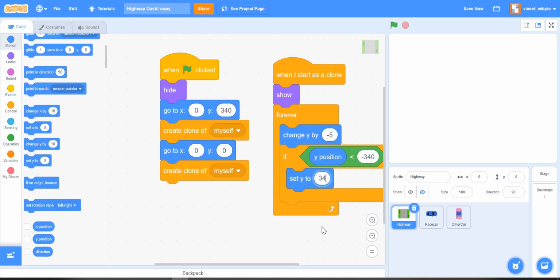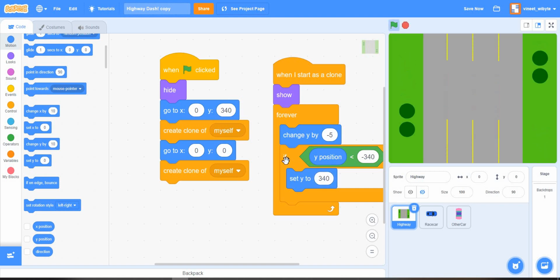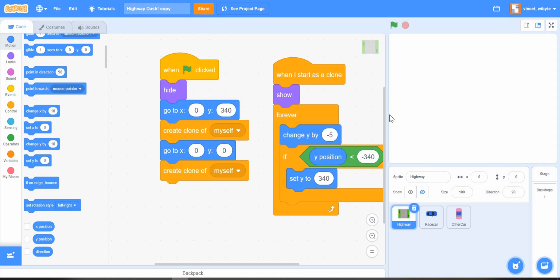All I'm doing is sending it back here, so it's just setting that ring in motion. And now you notice that I've got a backdrop which nicely scrolls. It looks pretty cool, it's just scrolling beautifully, going down. What's really going on is that both the clones are acting in tandem with each other. One is going down, and the moment it reaches -340, it goes back up on top. Then they both keep coming down, and the one that goes below goes back on top again. So it's really implementing the scheme that we discussed in that graphic.